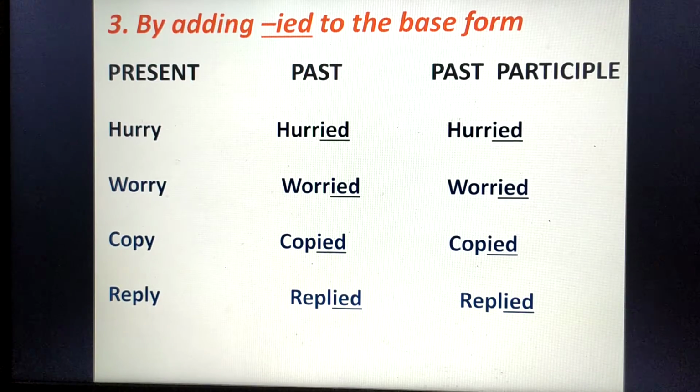If a verb ends with consonant Y, we replace it with IED to get the past and past participle form, right? Here you can see the words hurry, worry, copy, reply. These words all end with Y. So in such a situation, we replace the consonant Y with IED to make the past and past participle. Hurry, hurried, hurried; worry, worried, worried; copy, copied, copied; reply, replied,